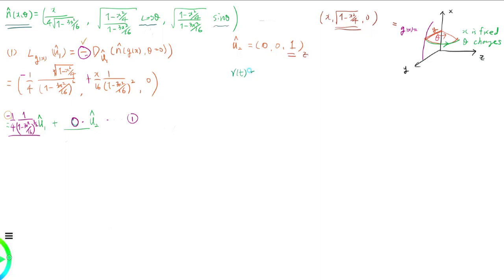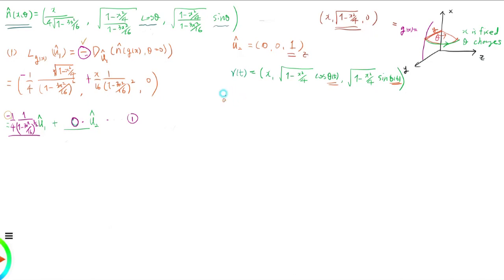So gamma of t, we take this gamma of t for a fixed x, and we'll have its radius and cosine of theta of t, and square root of 1 minus x squared over 4 times sine of theta of t here. So only the theta changes, which is a function of t,